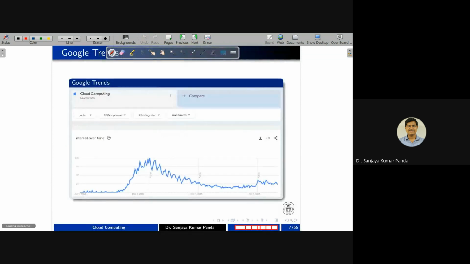Now, if you restrict your search to India, the previous statistics I showed you were worldwide, but here I have restricted it to India. So you can see the number of search queries again peaked during that period only, that is 2011 to 13, you can say. And gradually it decreased during 2014 to 2021, and now it is slightly increasing. The index value is close to 25, not more than 50 like we have seen worldwide. But in our country's case, it is close to 25. Because if you search the keyword hybrid cloud computing, we may get better statistics than the term cloud computing.